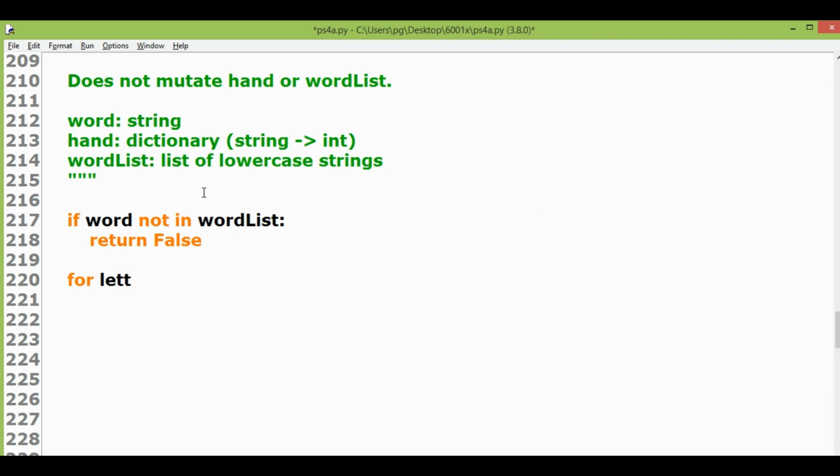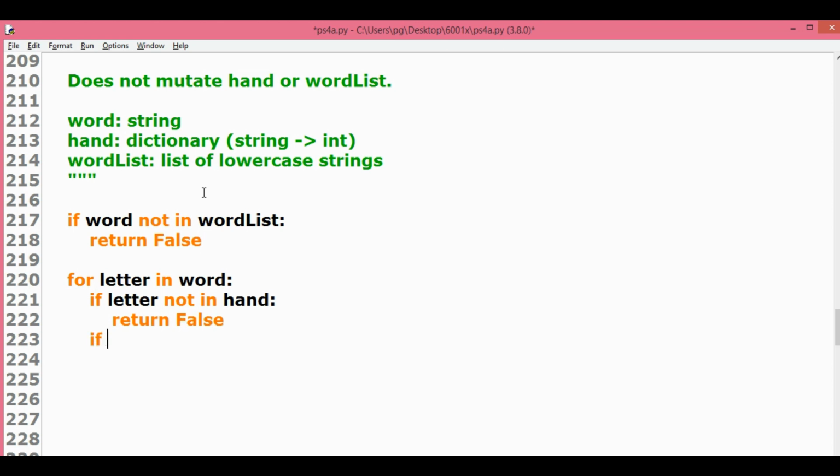For letter in word: if letter not in hand: return False.